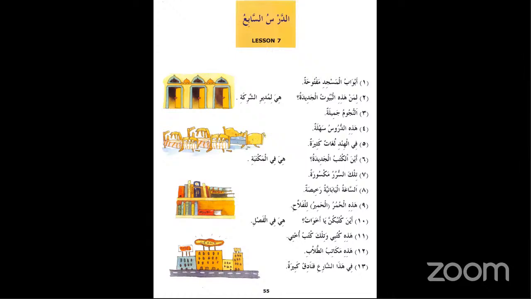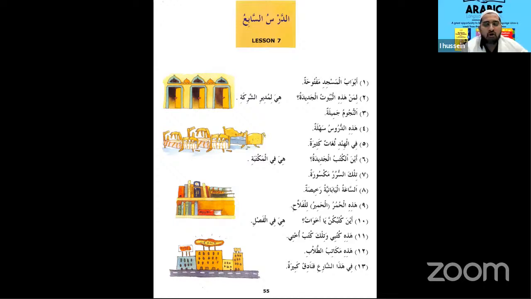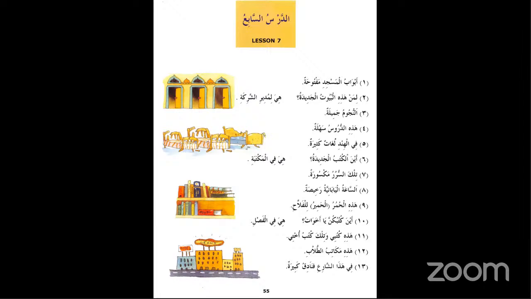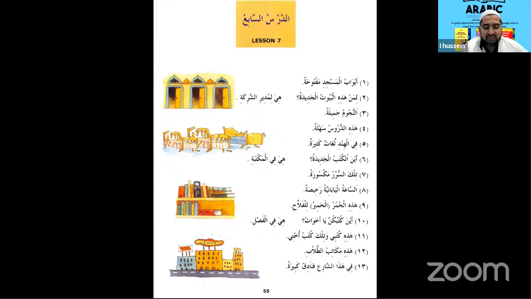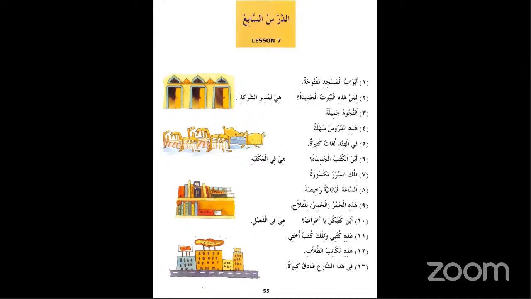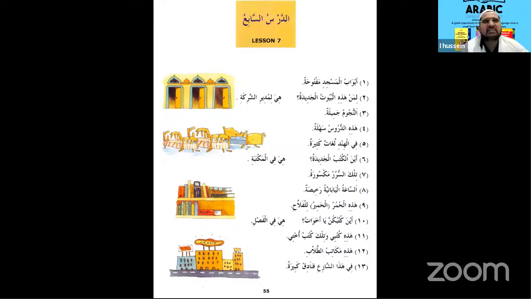It is hadhihi ad-durusu. So it becomes a noun with an adjective, right? Good question. No, hadhihi ad-durusu, both of them together, is not an adjective. In Arabic, it's called a substitute, badal. I'm trying to say, for the English version, it's like a demonstrative pronoun with the noun. So it becomes a demonstrative adjective, right? Well, it's not a demonstrative. There's no such thing as a demonstrative adjective.